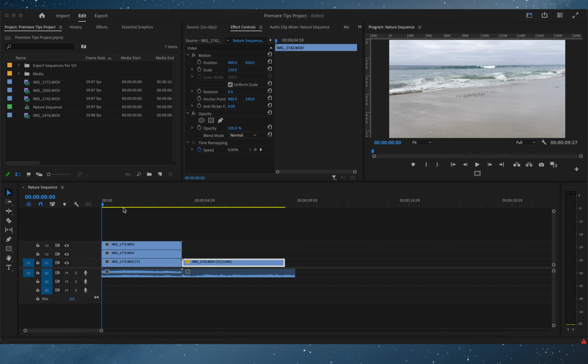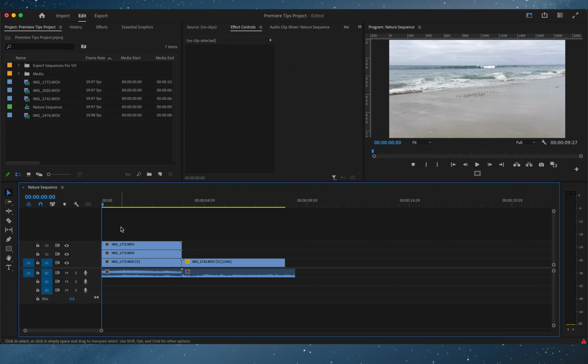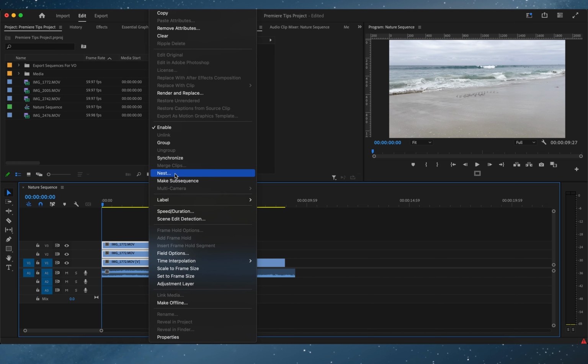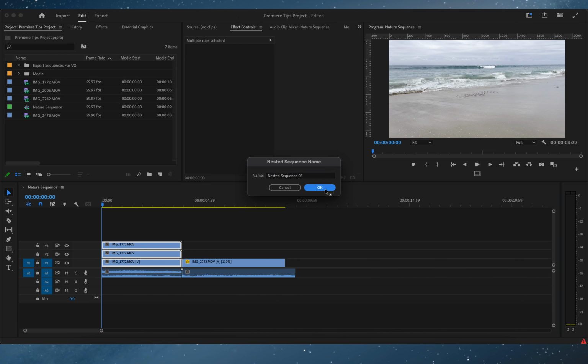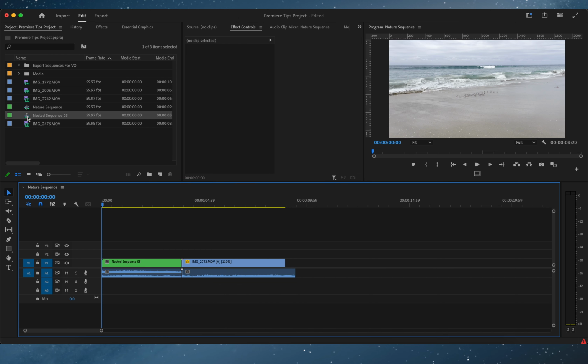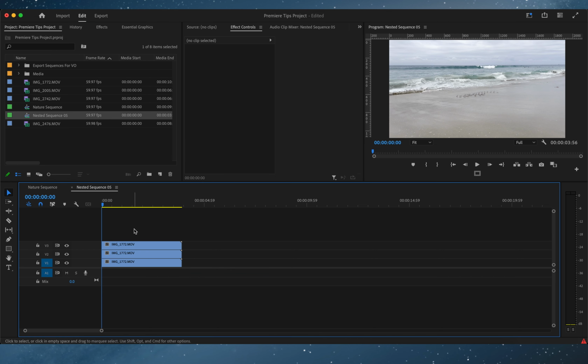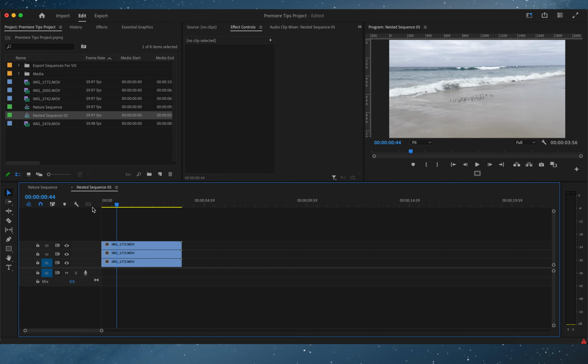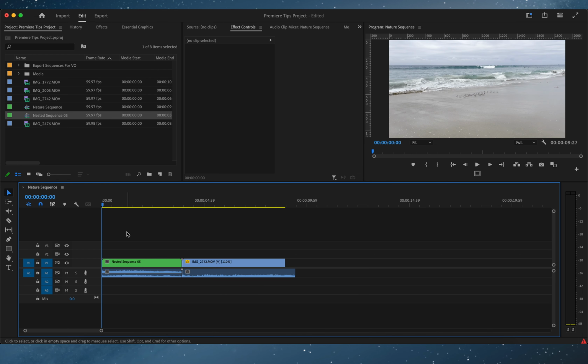Okay, so here's nesting in Premiere. The main reasons you might want to do that is if you have these clips on top of each other, you want to minimize it a little bit. You right click, go to nest, and press OK, which creates the nest sequence here. So just a regular sequence with those clips in it, but in your main sequence,